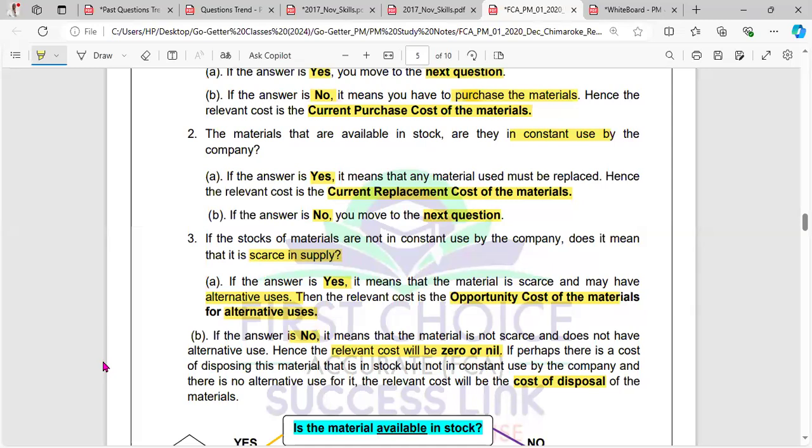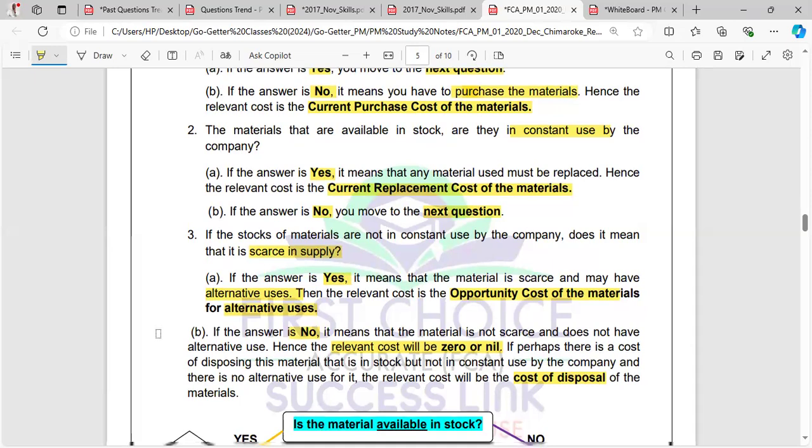The material is available in the store. It is not in constant use, and it is not scarce. But let's say it is harmful, it's toxic. You need to dispose of it. The cost of disposal is relevant. So now we can see the